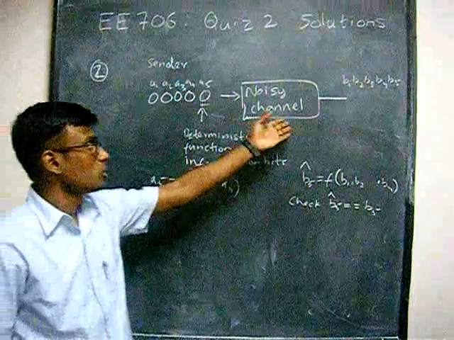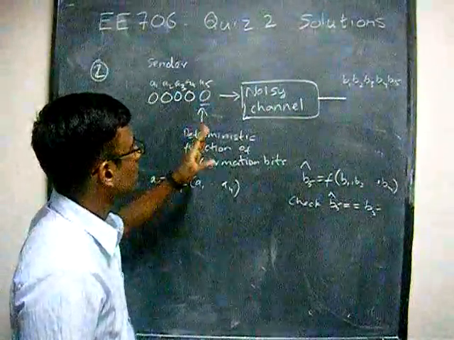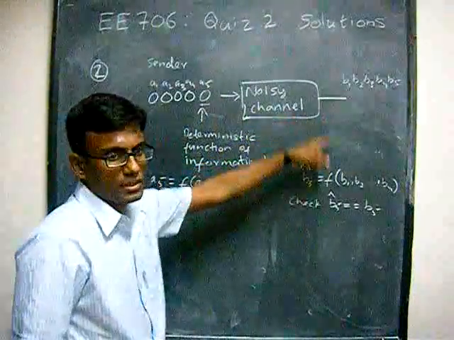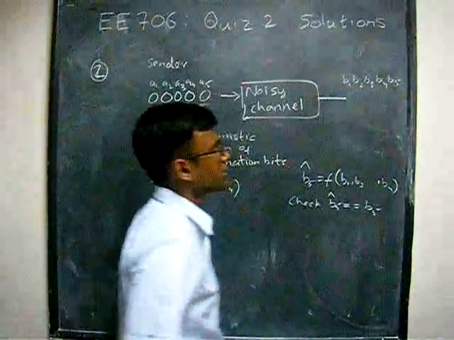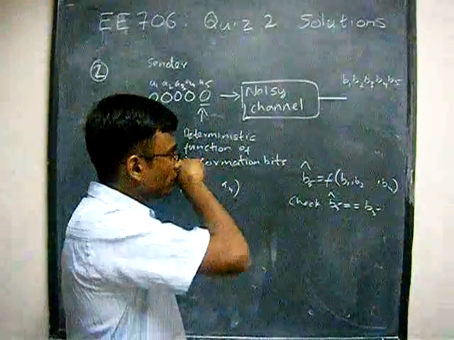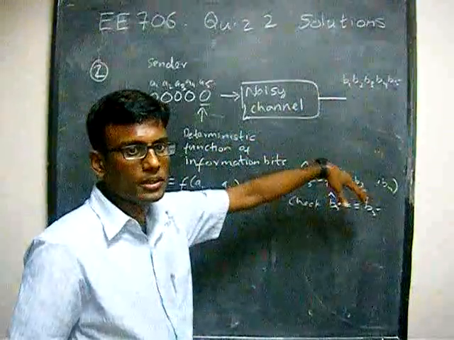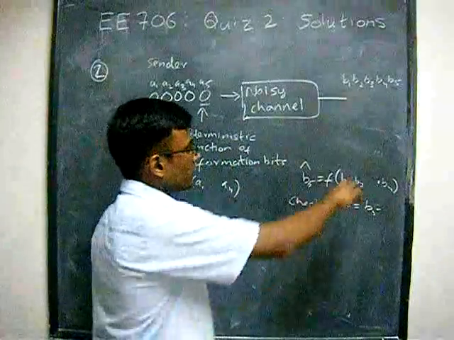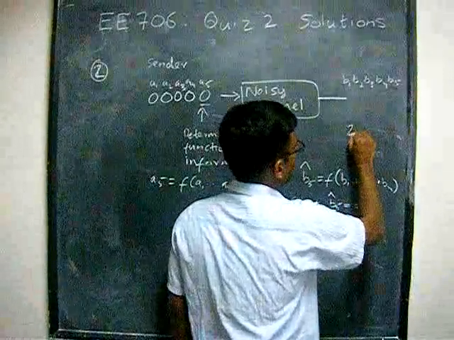Now the channel is noisy, so it can introduce any number of errors. Which means that any possible 5-bit string can be received here. So that's why we represented this as a 5-bit string. Which means that the set of all possible received bit strings is independent of what you sent here. And in that set of all possible received bit strings, since there are 5 bits, there are 2 to the 5,